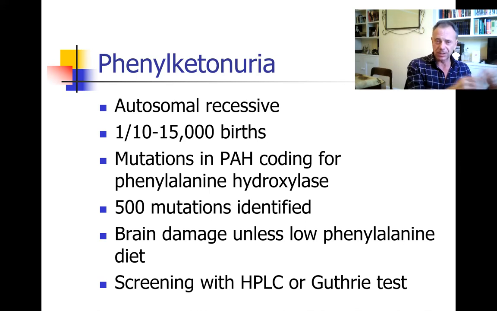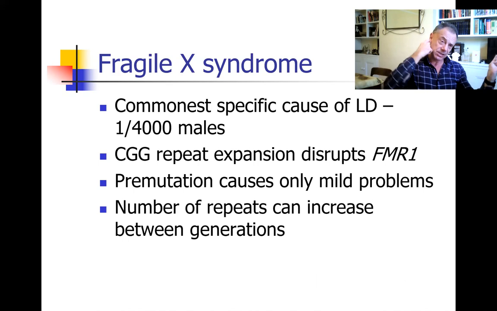So phenylketonuria, and I hope you see that it exemplifies a few useful key points about genetics and its effect on cognitive function. Another thing to know about is Fragile X syndrome, which is of note because it's the commonest specific cause of learning disability, intellectual disability in males, occurring in one in 4,000 live male births. It's also interesting that its cause is a trinucleotide repeat expansion, so a